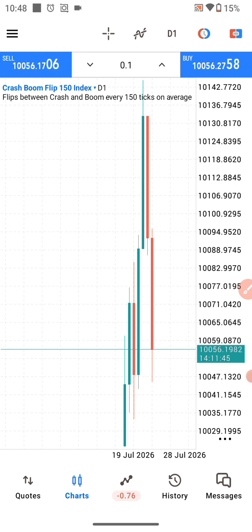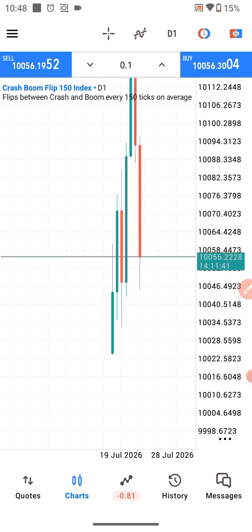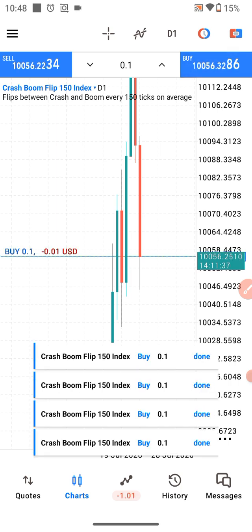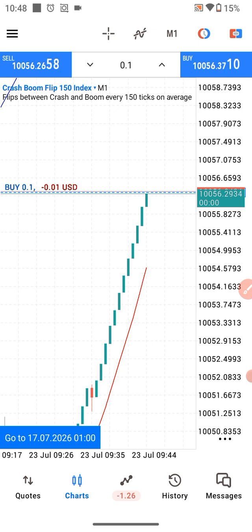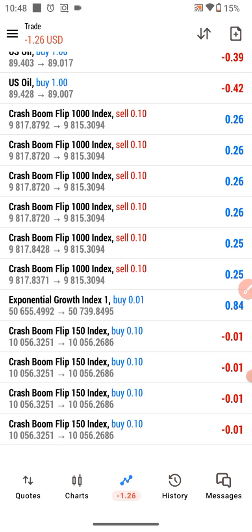So I can see this pair, it's already going up. So let me invest in crash boom 150 index, hoping it profits me. So of all the pairs I've just taken here,